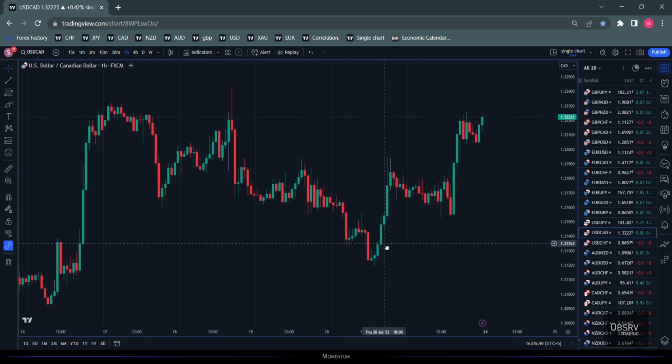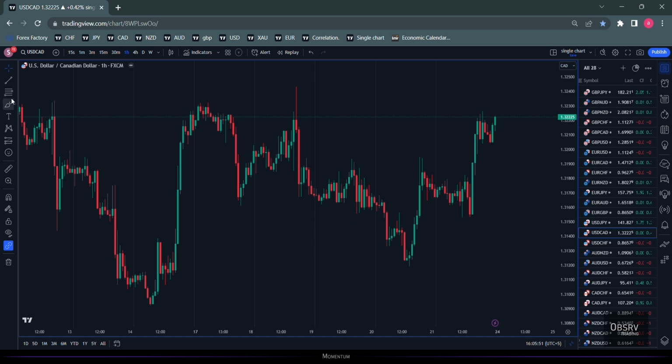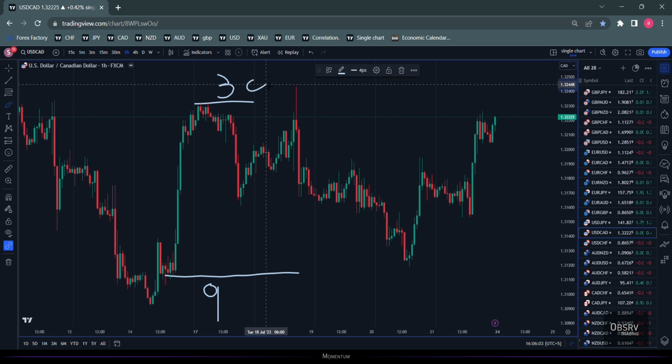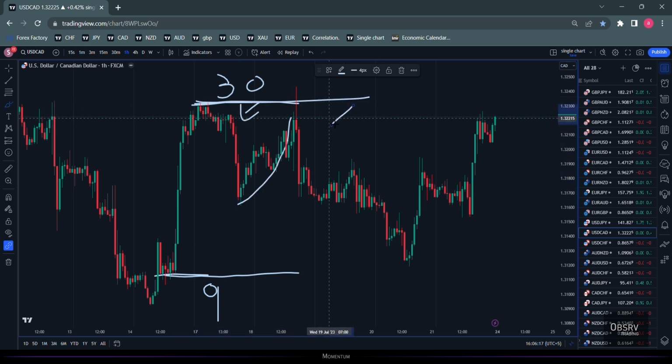Now we can see to the left side that, let's say, this is $9, and then this is $30. The price when it was at $9 initially, it took off, went up to $30. Supply decreased, demand increased, we all know that, right? Now the market starts to pull back, aggressive pullbacks.